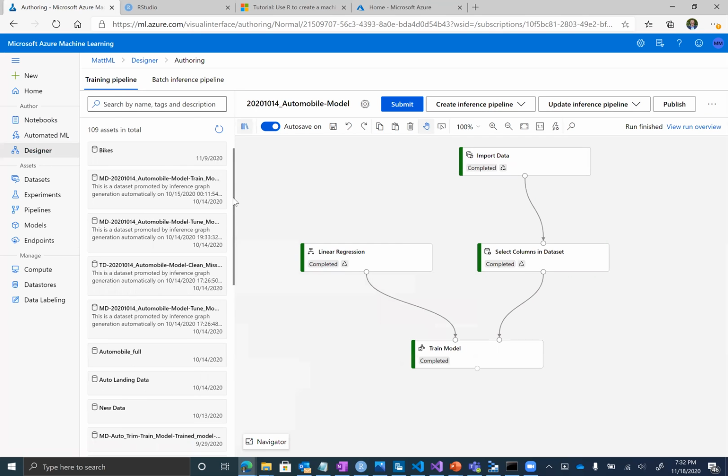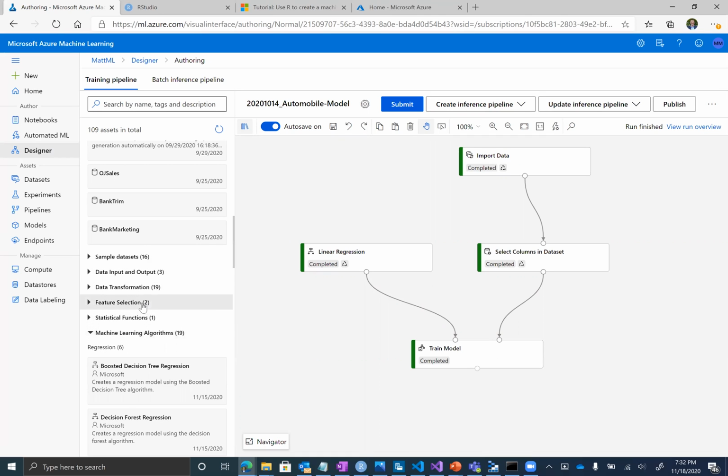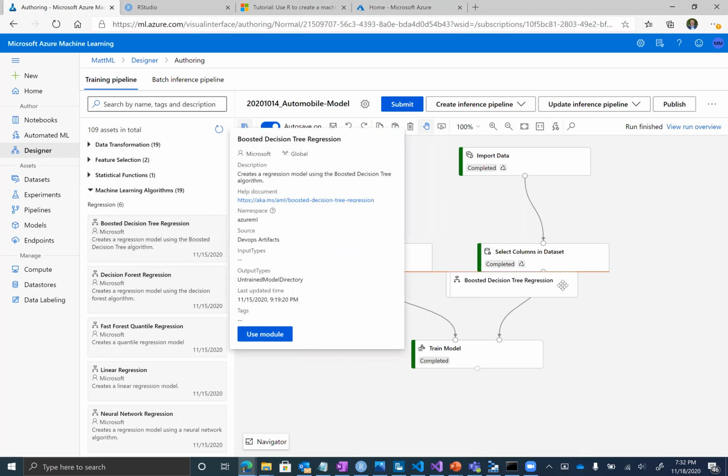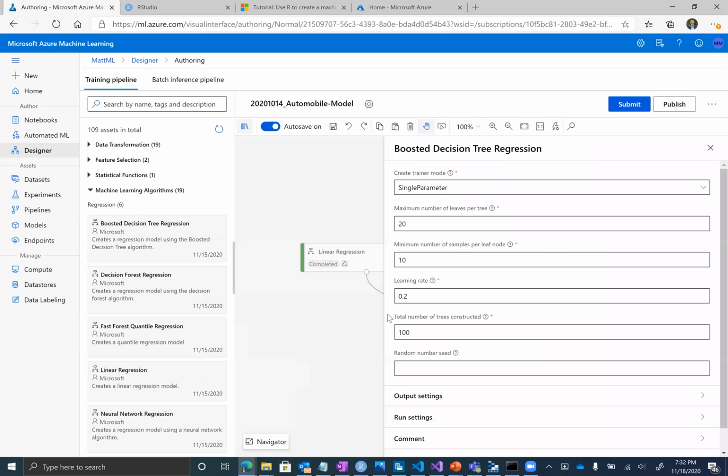You can bring in a data set, sample the data set, do different types of data transformations, and then apply a couple of different machine learning algorithms by just dragging and dropping them right in here, and then train a model on some sample data set. You can see you're defining your hyperparameters and things like that.